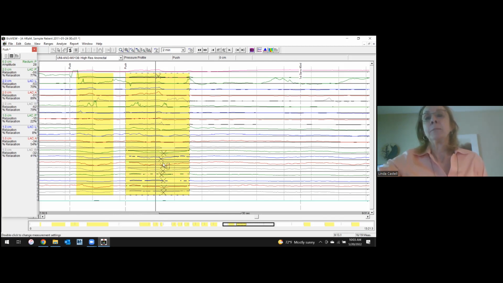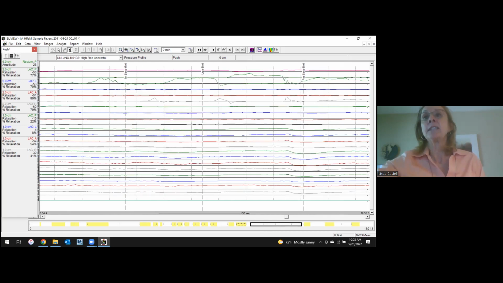So if it was paradoxical, you're going to see positive where it says amplitude. They're going to be positive numbers because the patient increased the pressure and you would have a 0% relaxation. Okay. And then the next part of our study is we did the slow sensation study. So you're going to analyze when the patient first felt the sensation, the distension, the urge, and then the maximum